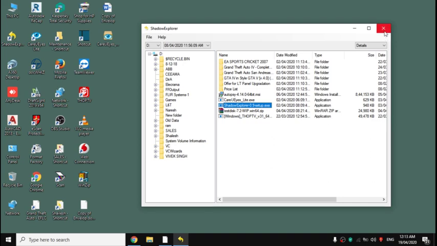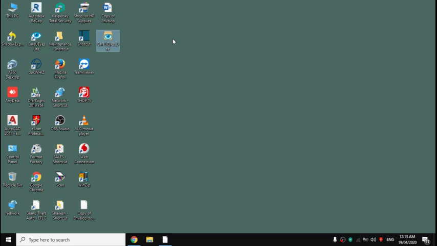Okay, so this is the easiest method, but this will work only for those who have the restore point in your system. Now listen very carefully. There are lots of people out there without any restore points. So this solution is only for people having the restore point.